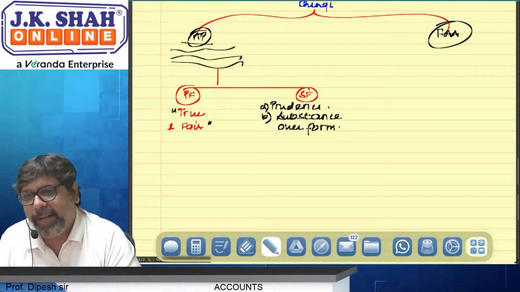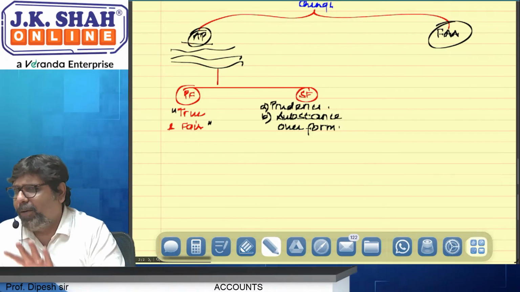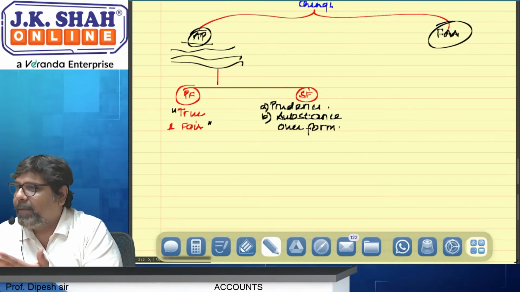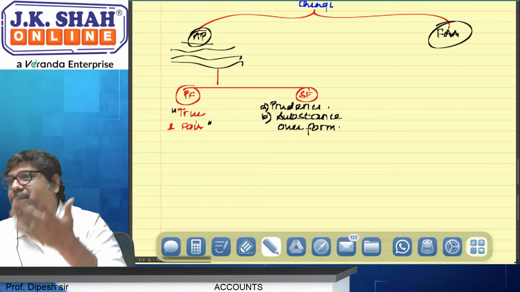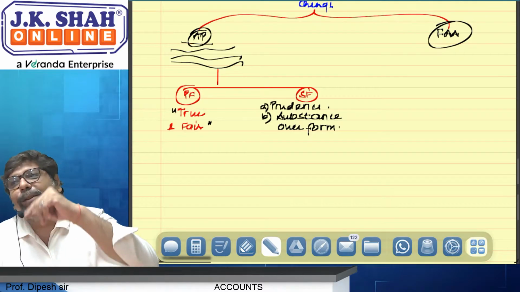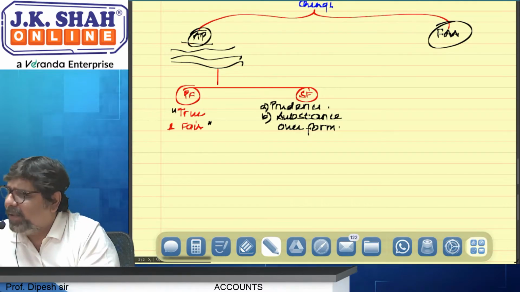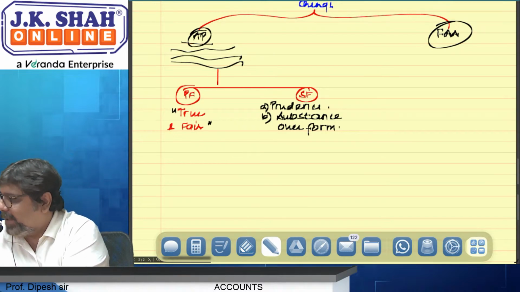Marriage certificate है क्या? 99% chances are there. I don't know about your parents. My parents did not have marriage certificate. My grandparents did not remember the anniversary date also. Why? Because during those days marriage certificates were not made only. जो हम लोग का ritual system होता था marriage का, that is how marriage used to take place.